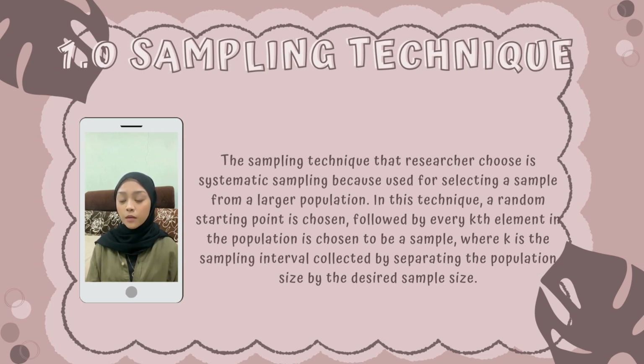Firstly, I'm going to explain part A that we have been given, the research about labor force. Sampling technique. The sampling technique that the researcher chose is systematic sampling. This is because in this technique, a random starting point is followed by every K element in the population, where K